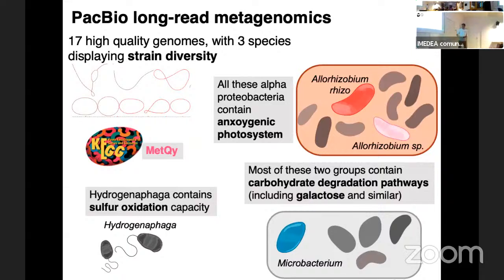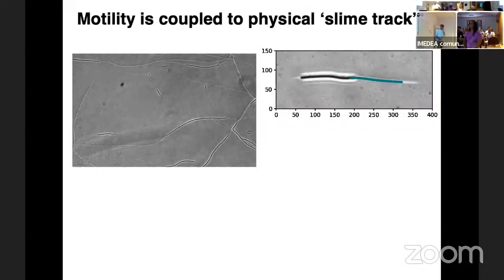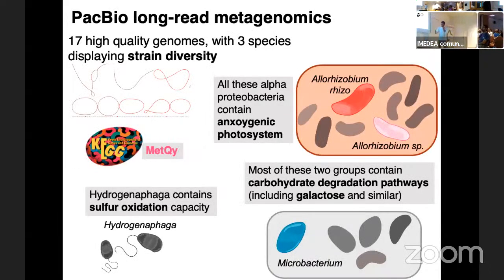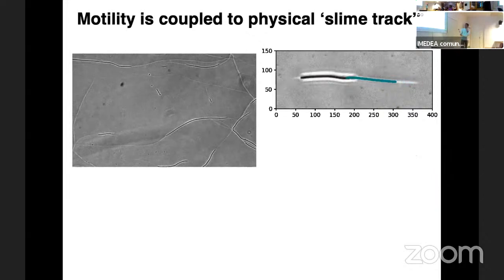And I should note that both anoxygenic photosynthesis, it's a bit less clear there, but definitely the sulfur oxidation require anoxic environments. Okay, so those functions will not be functioning in presence of oxygen, which is a bit curious because of course photosynthesis also generates oxygen. But we first wanted to sort of analyze this degradation pathway aspect, and I mentioned already the gliding motility and